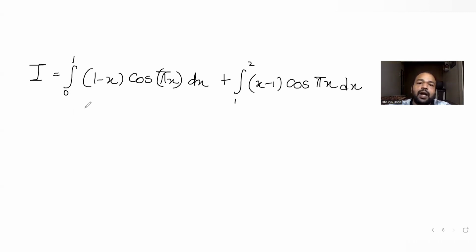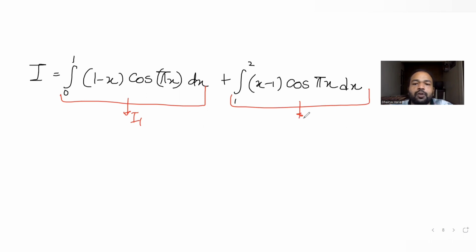Now let's understand how we solve this. If we try to solve this integral further, we know it is the sum of two integrals. So let's take these two integrals separately. Let's say this is I1 and this is I2. So if I try to find I1 first, I already know its limits, and the integrand is 1 minus x times